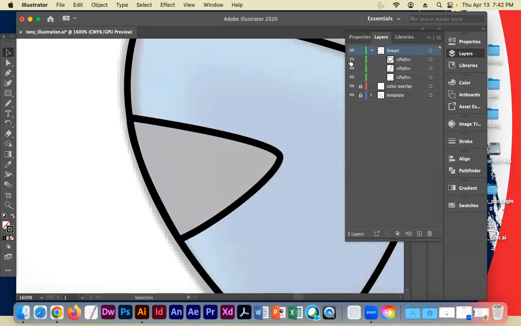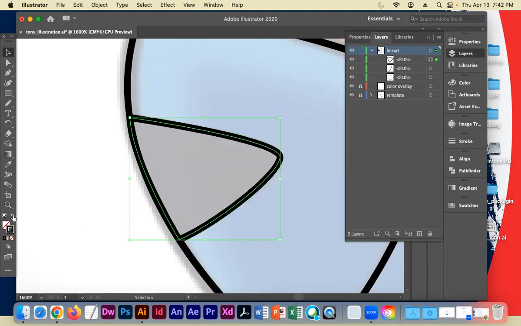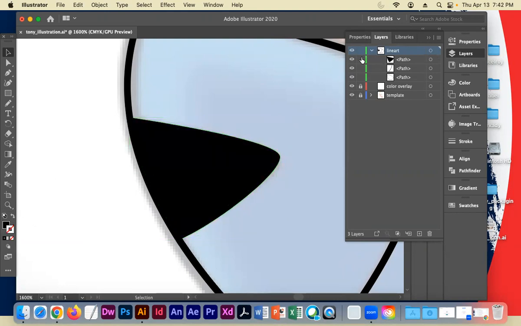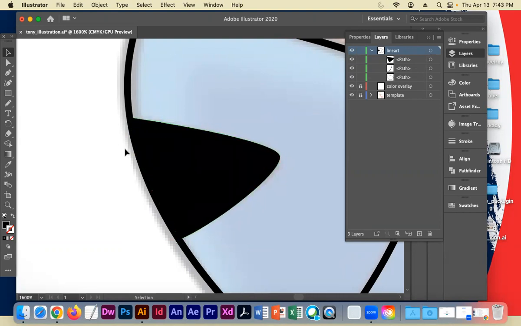So I'm going to select this and I'm going to switch it from a stroke to a fill. And this is called toggling the fill and stroke. Stroke, fill, stroke, fill. Now my shape doesn't go outside of the line because I made sure to draw it in the middle of the shape, knowing that the stroke would be on the outside of it and the fill would be more to the inside of the shape I was drawing. So now I have a perfect shape